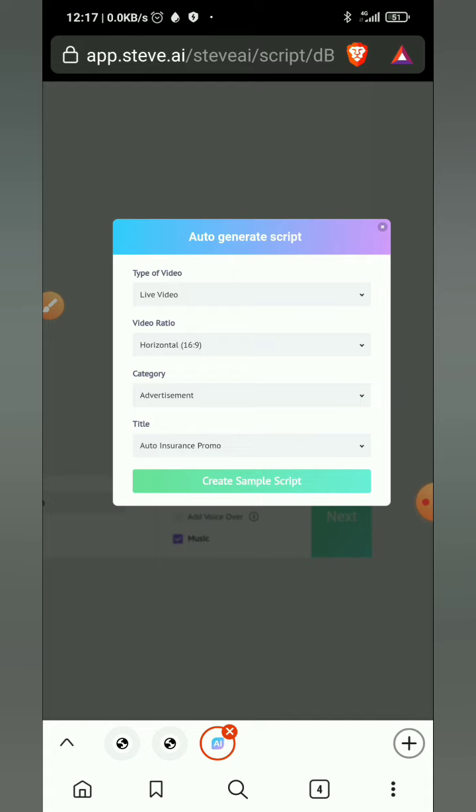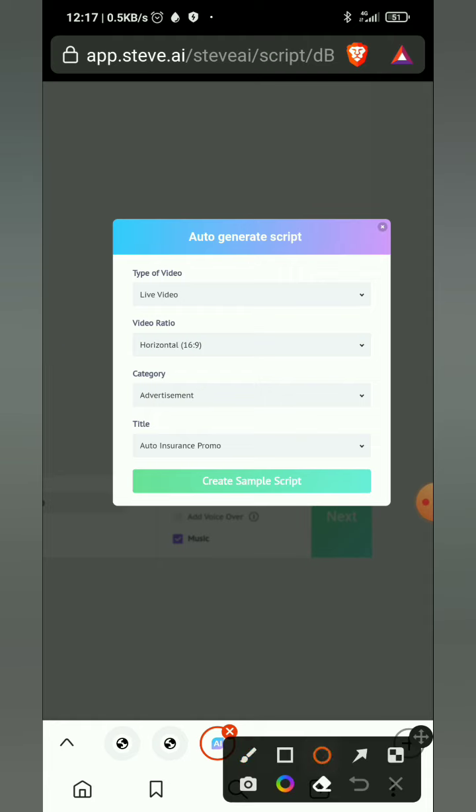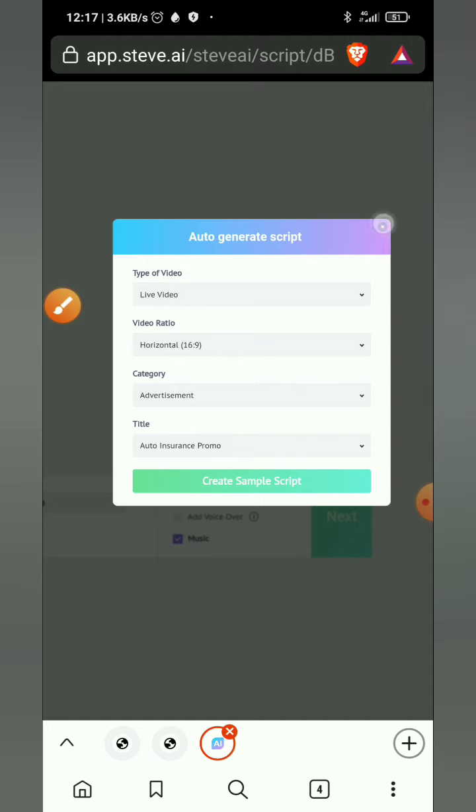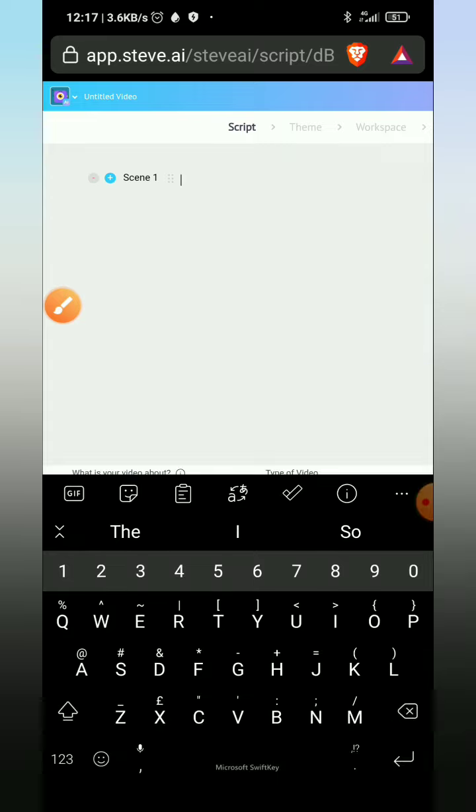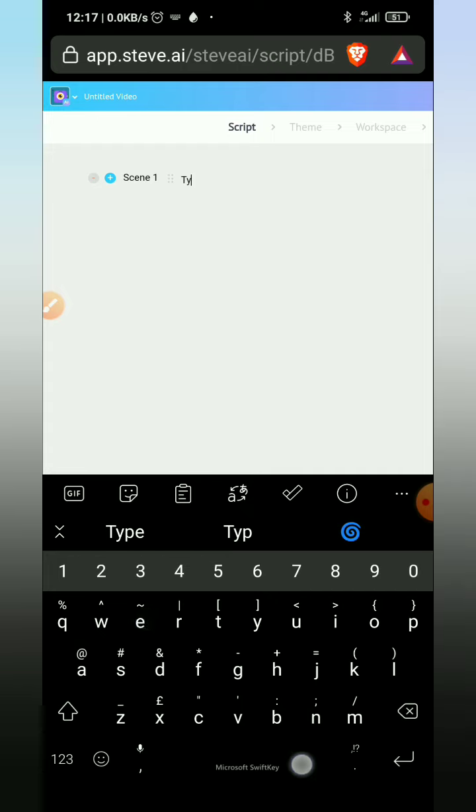You should have had your script typed somewhere, maybe in your notepad. I've typed mine in my notepad, and then you're going to come back here. So I'm going to ignore this by clicking on the little star there. Then I'm going to click there, and then it takes me straight to my script. So you can see here, this is where you're supposed to type. You can either type manually,